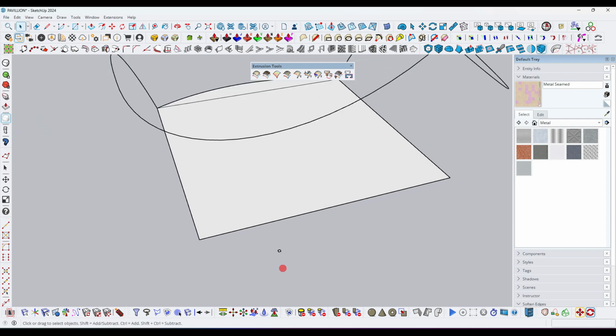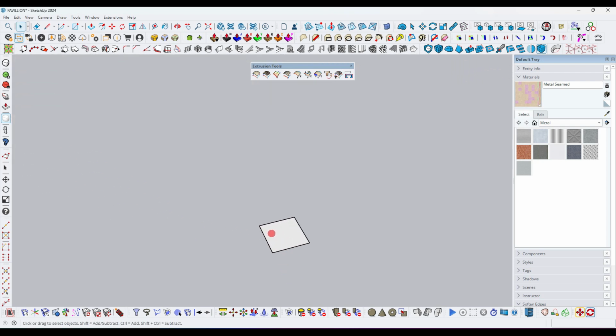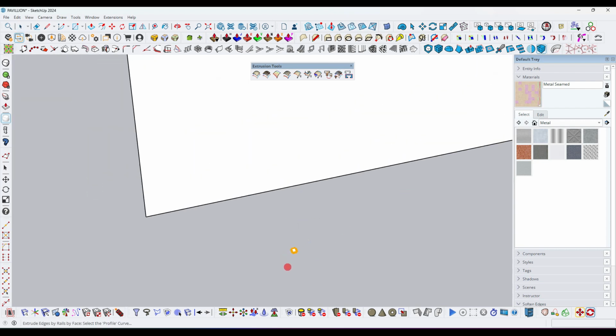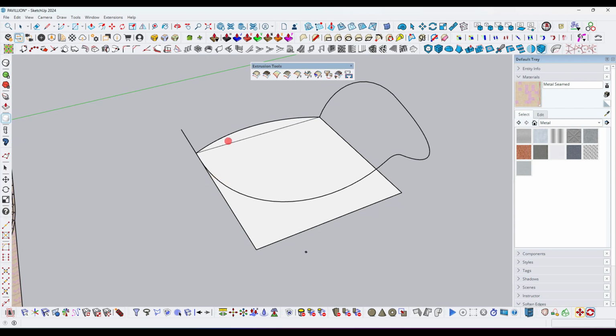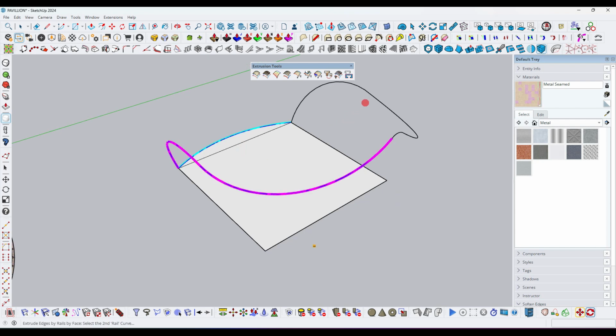Before that you have to draw a rectangle or any shape that you need. Here I have drawn a rectangle surface. First you have to click on a face and then click over here, and then you have to select a line first. Pick a profile. So this is a profile line first, and then second this one, and parallel curve line, and then finally